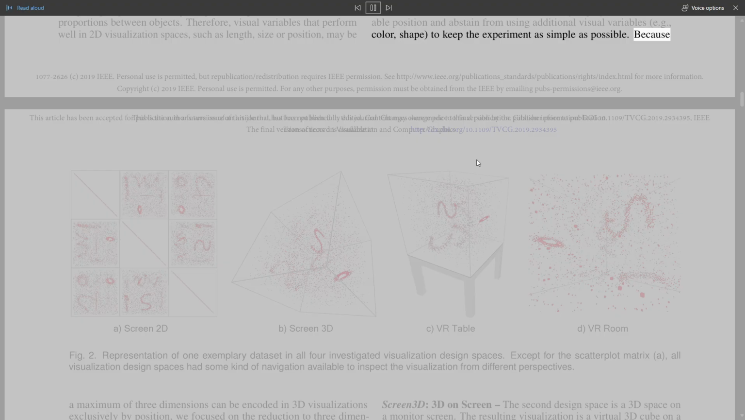Because this article has been accepted for publication in a future issue of this journal, but has not been fully edited. Content may change prior to final publication. Citation information: DOI